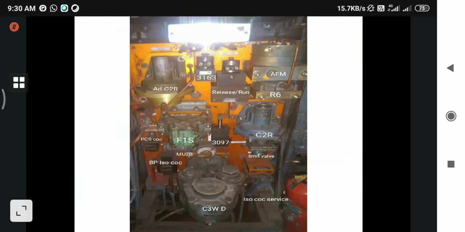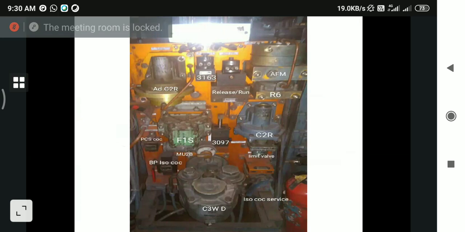Okay. This is the C2 relay valve. This is the additional C2 relay valve. So this C2 relay valve is used in the SA9 system, that is the loco brake application system. This additional C2 relay valve is used for BP charging, that is in the A9 system. So two C2 relay valves we are having in the system.